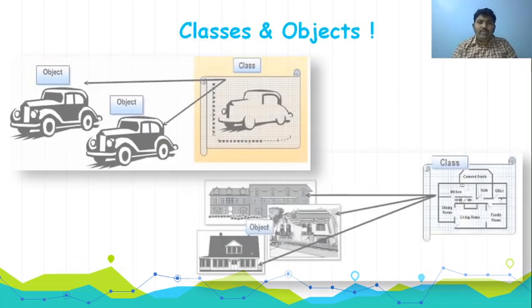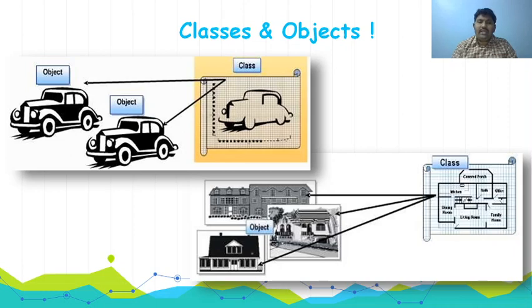So what is meant by classes and objects is, for example, before a person builds a real world car, he will draw a sketch of it on paper. So the blueprint of the real world car is drawn on the paper. What is meant by a class is nothing but a blueprint or a model or template. An object is an instance of that particular thing, the real world entity. So this particular object is developed based upon this particular class only, based upon the sketch or model on the paper.